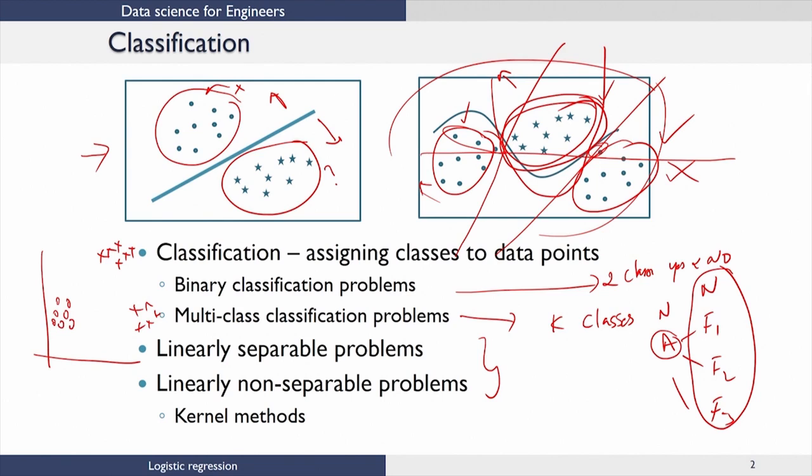So, when I have something like this here, let us say this is class 1, this is class 2 and this is class 3. What I could possibly do is the following. I could do a hyperplane like this and a hyperplane like this. Now, when I have these 2 hyperplanes,